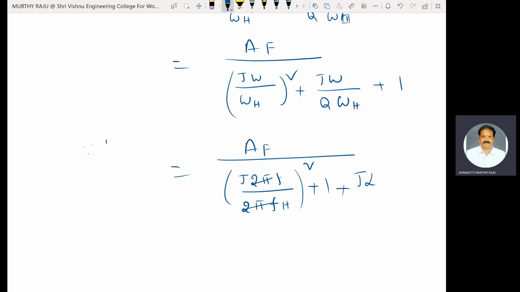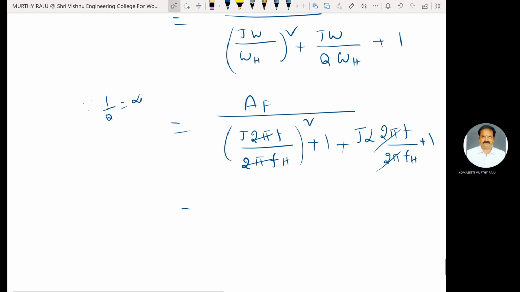In case of Butterworth filter, 1 by Q is the damping factor, that is equal to alpha, the passband ripple. ω is equal to 2πf, ω_H is equal to 2πf_H plus 1. 2π is cancelled,